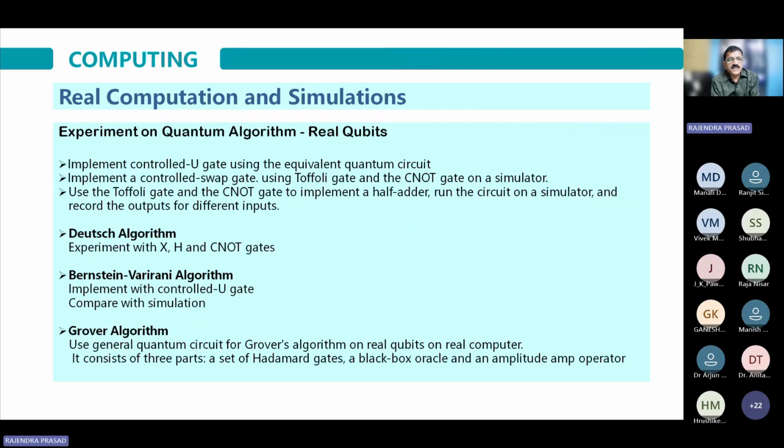Now, with real qubits, there are many advantages. These are all the experiments you can do: execute algorithms. I'm again limiting this to lab-size quantum computers. Exceeding this is with respect to the number of qubits you may require for certain algorithms like Shor's algorithm. It's not possible to implement it on 3 qubits. It requires more qubits. So we'll have the simulation given by